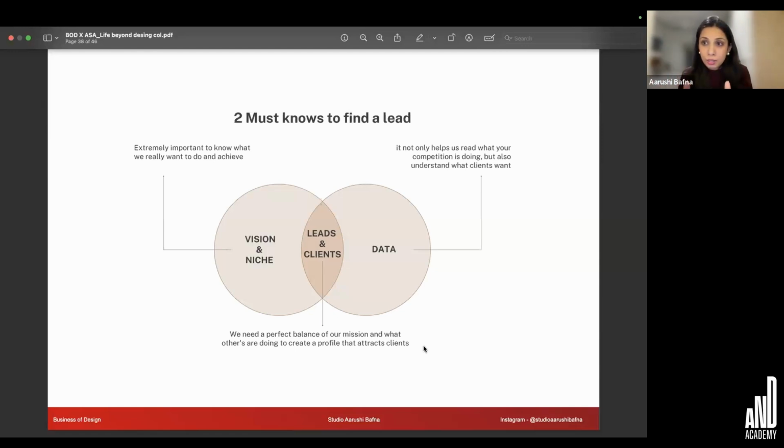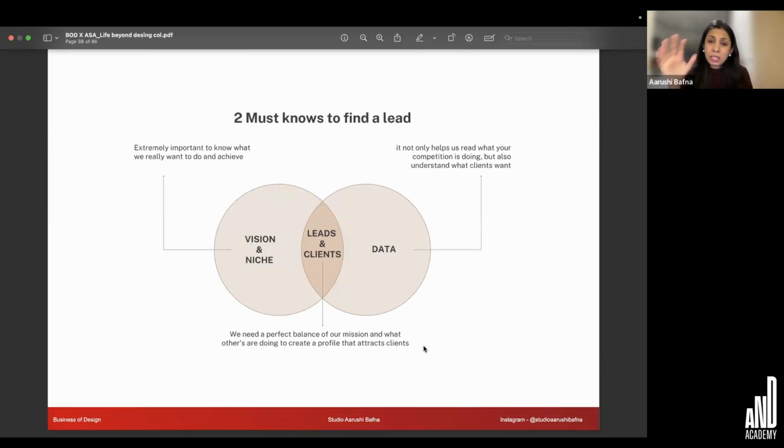We did our market research, selected our niche, dived deep into the niche, and then found our perfect client fit. And since then, it's been 2 years, we've already clocked a crore in revenue, and that was only possible because we knew exactly what we wanted. How did we know? By following these 4, 5 steps. So, if you follow all the 5 steps that I have taught you today, you will be able to find your freelance leads, your freelance clients, or a good job.